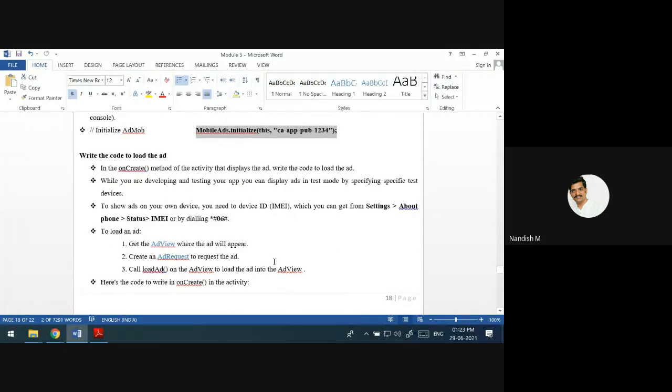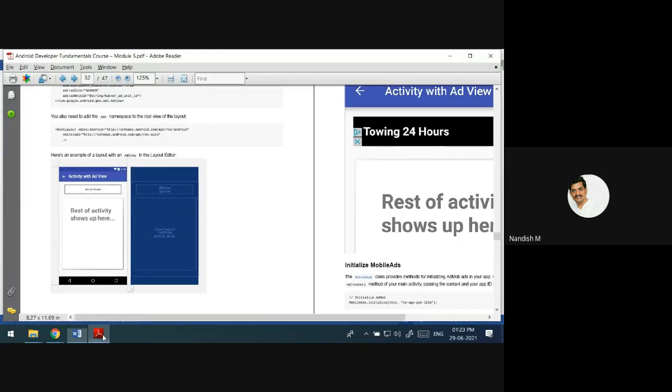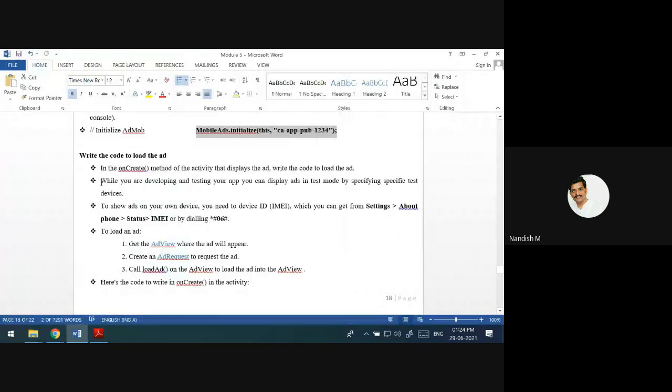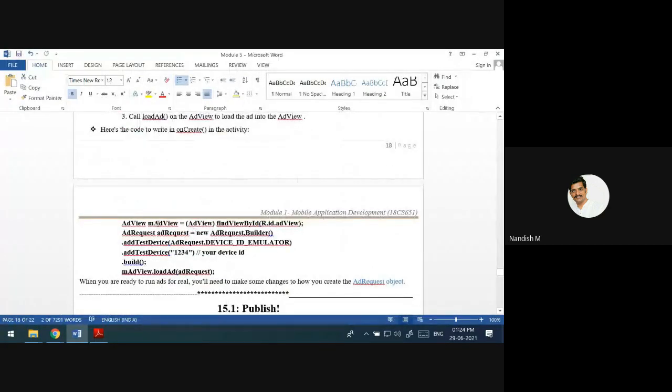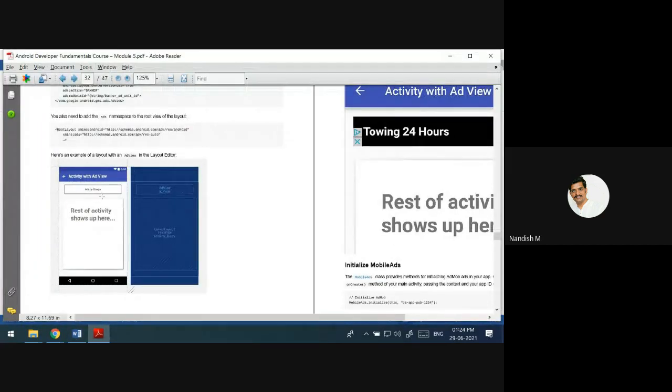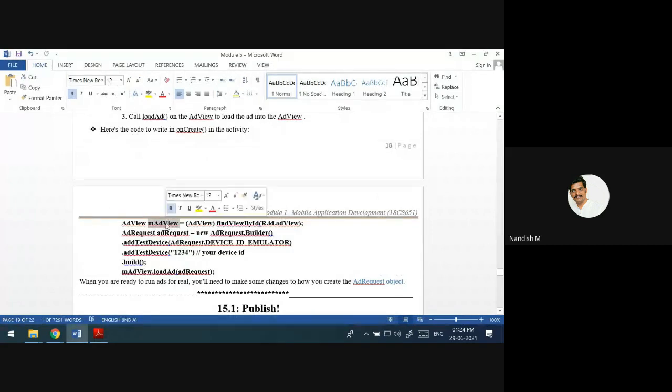Now, in order to load the ads into your app, in this location, in this place, if you want an ad, what all do you have to do? You have just created this box. Now the advertisement gets loaded inside this view, the ad view. For that, this is the code we have to add. See here, findViewById, R.id.adView. This will give you access to this box. Now you have got access to this ad view.